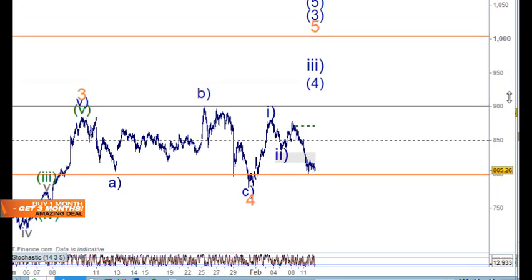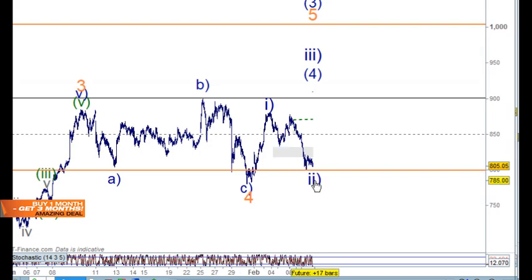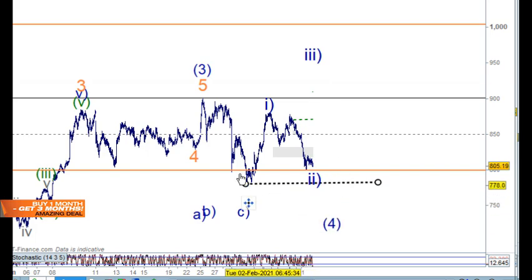And this one's Tesla. So we're going to have to rearrange this one here, or maybe not. We'll see, but we can't have wave 2 sitting here anymore. We can bring wave 2 down to this point and have it as an A wave, a B wave, and a C wave here, but it doesn't look like the case. If this low is going to be breached here, then we're going to have to rearrange this, and we'll have to go back to our original count, which was having wave 4 sitting here and wave 5 sitting here, with wave 3 here, and then coming down for wave 4 here, and wave 4 will be